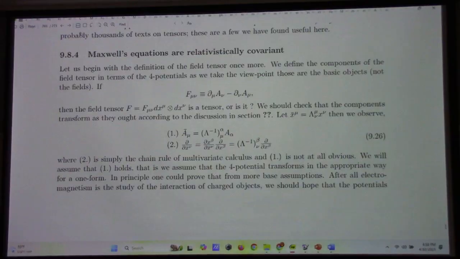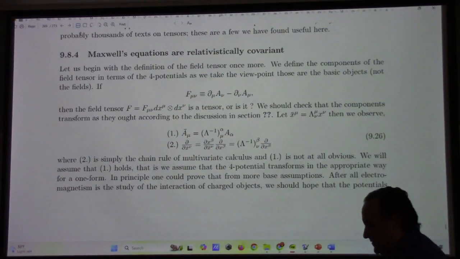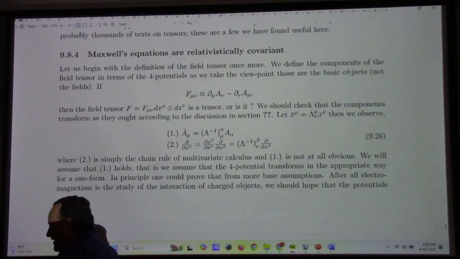So basically, you can prove that if the 4 potential is actually a 4 vector, in other words, it transforms as a vector, and of course we know the chain rule for the partial derivatives like that, then this Faraday tensor is automatically a 2 tensor because it's built with tensors. And like I have the calculation